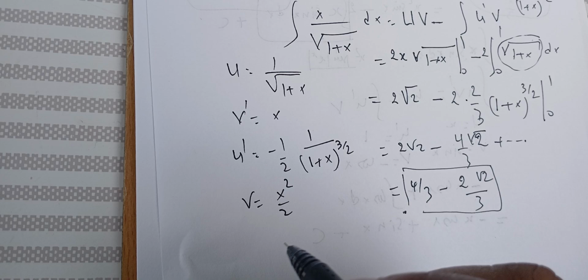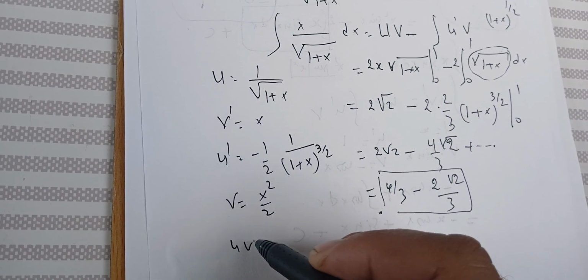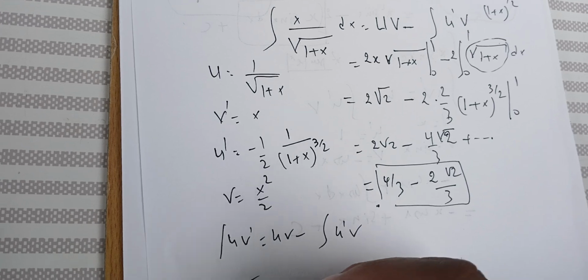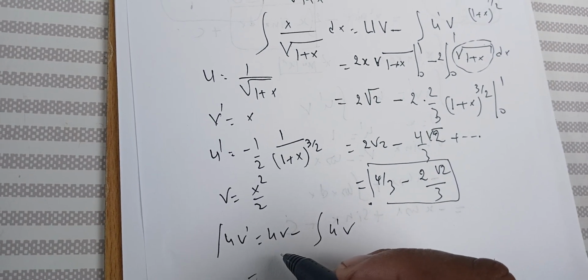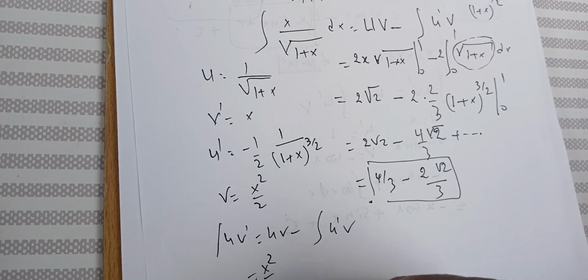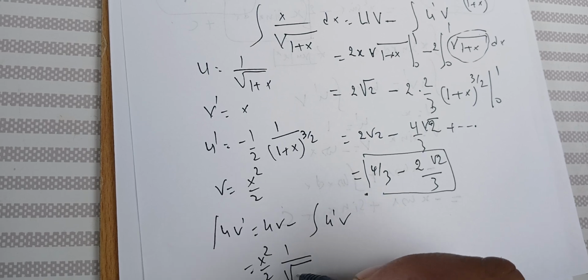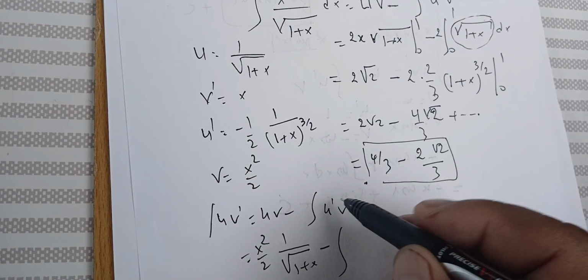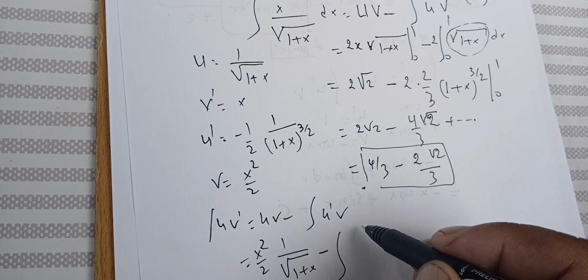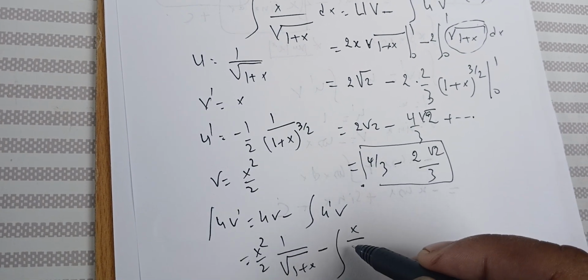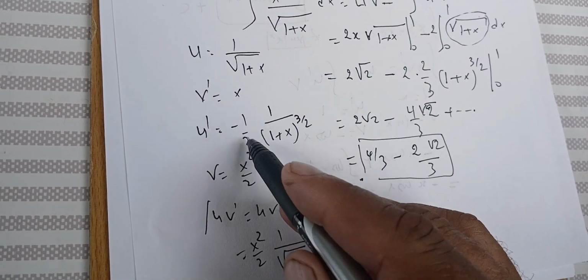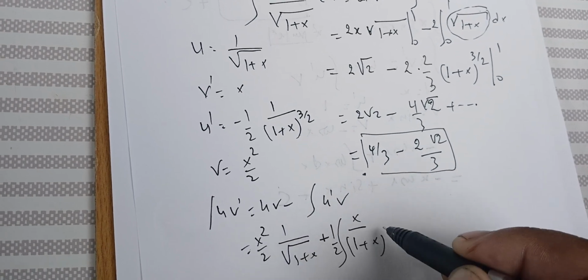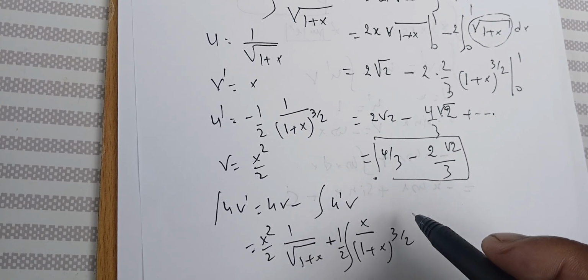So once I do uv prime, I'm going to get uv minus u prime v. I'm going to get uv, which is x squared over 2 times 1 over the square root of 1 plus x, minus, and this is the most important thing, u prime, which is minus 1/2 times 1 over 1 plus x to the power 3 over 2,